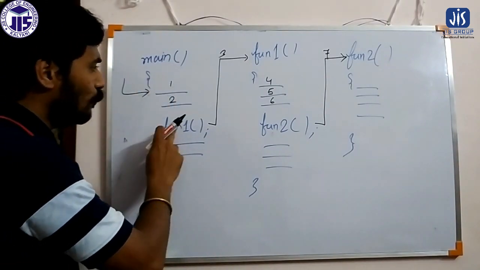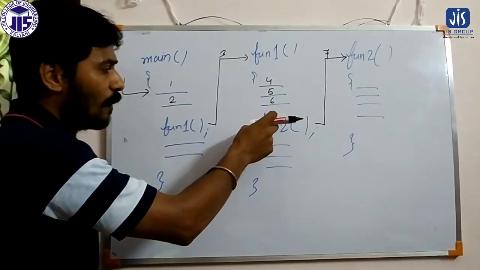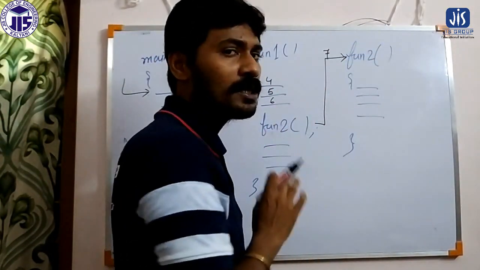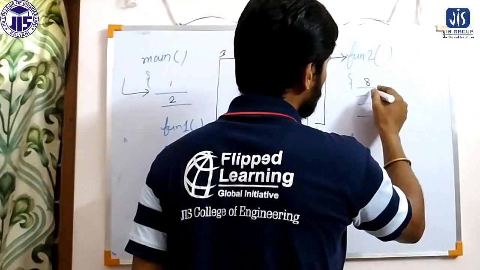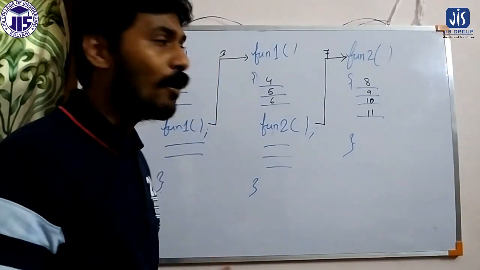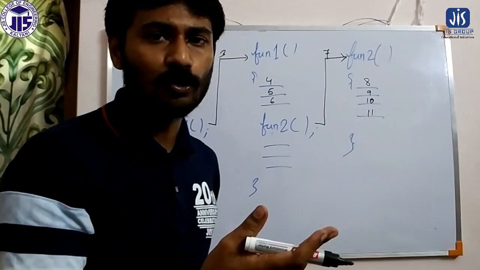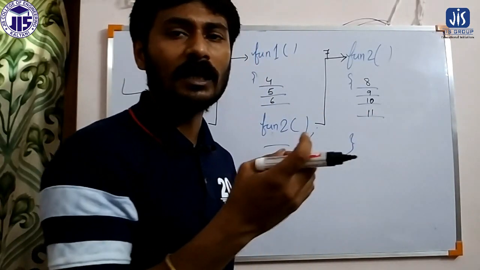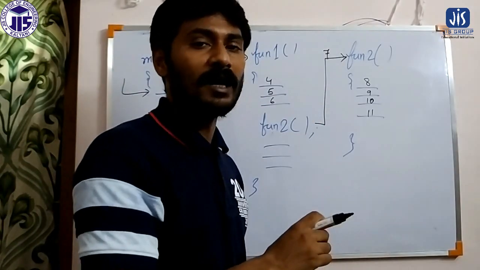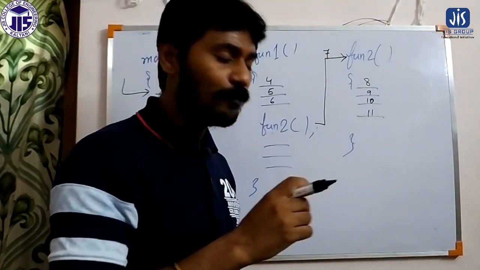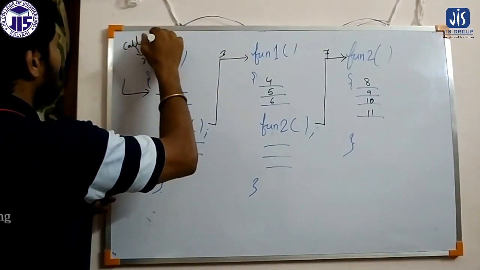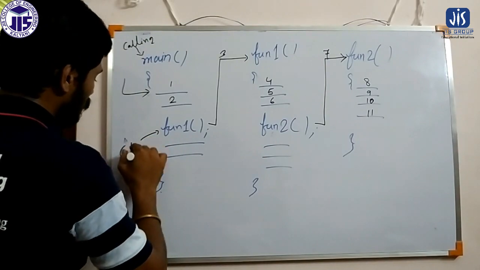So we started from main, from here we come to function 1. While executing function 1 we used another function. Now we are in function 2, and here it will execute the 4 statements that we have inside the function. Now after completion of function 2, where will it return? That is the question. I have said that after completion of a function, it will return to its calling function. So here main is the calling function and function 1 is the called function.